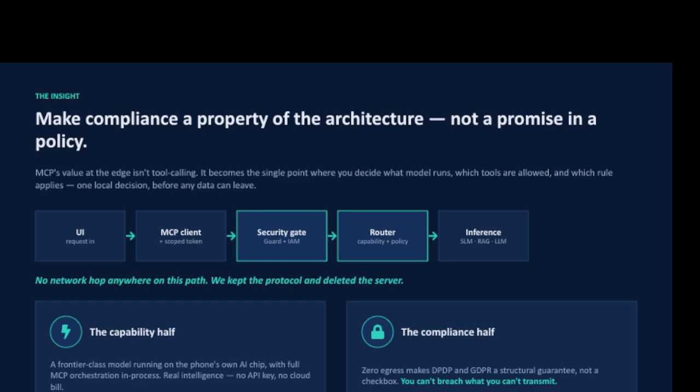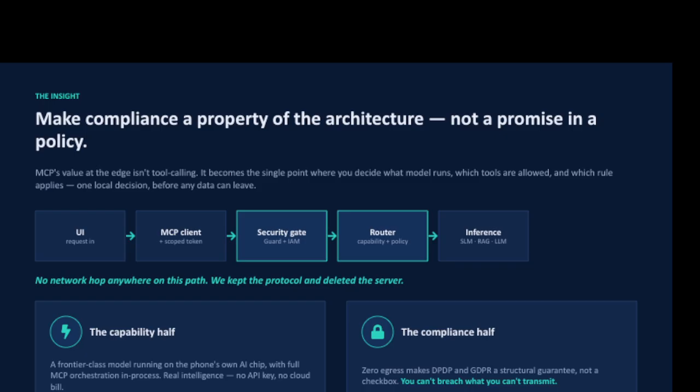If you look at the architecture on the left side, the pipeline starts with a view model, which is a set of 5 Kotlin files. The data gets compressed and goes to the MCP client, where, based on the scoped capability token, the data goes further to the MCP server. The MCP server consumes the data, but not over the network or a socket; it's completely a coroutine dispatch, or you can say the server is a class in the same process. We are not sending data over the network. So as a bottom line, we kept the protocol, but we deleted the network.